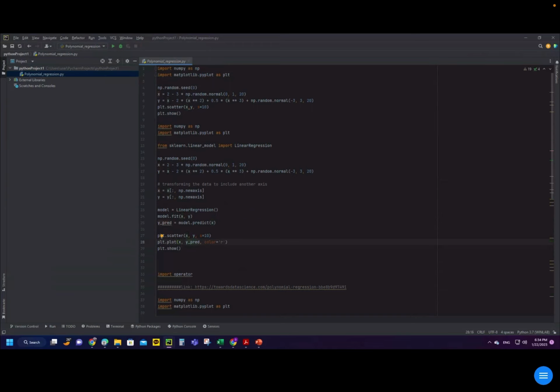So now let's run. In order to run the code, you will go to the run window, and then you have this run. Here I have only created one Python file, .py file, but when you are working with your code you might have multiple files here, so you can select which file you want to run. So let's run this file.